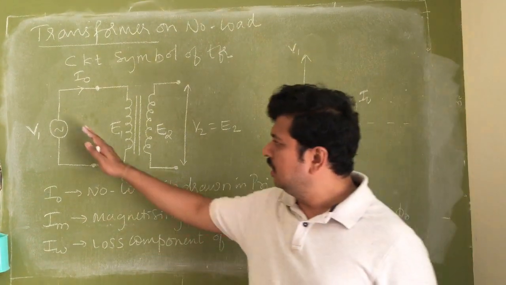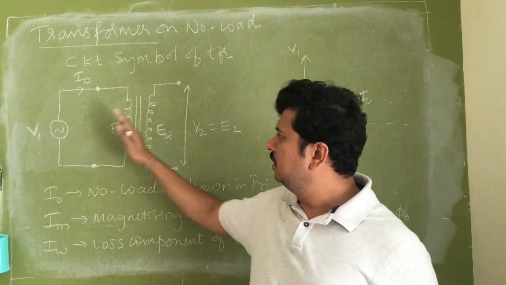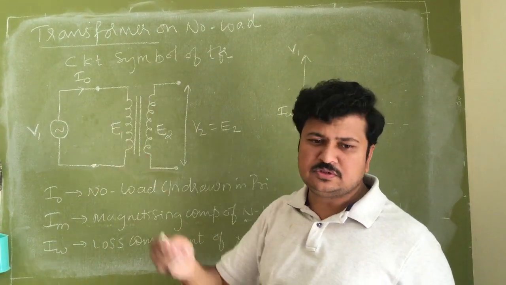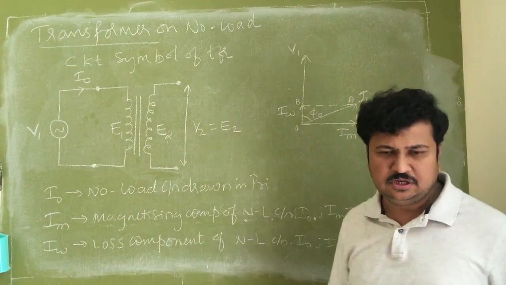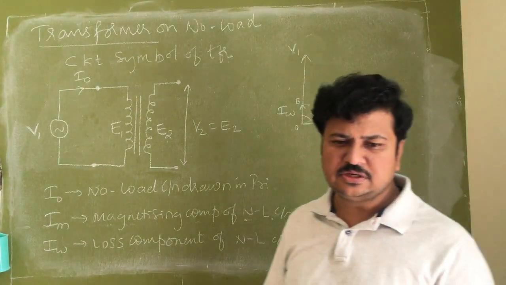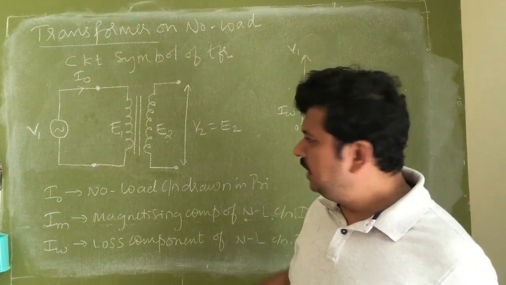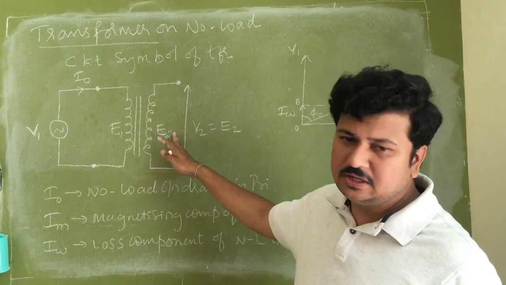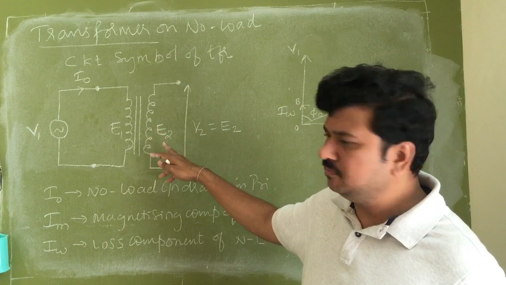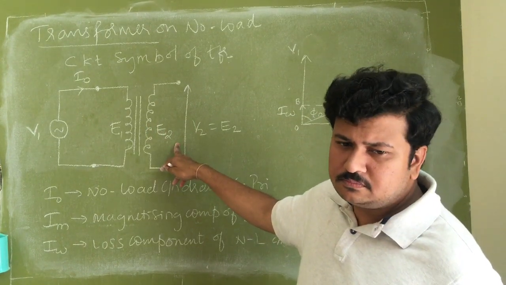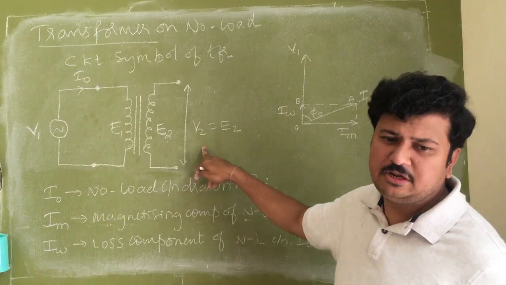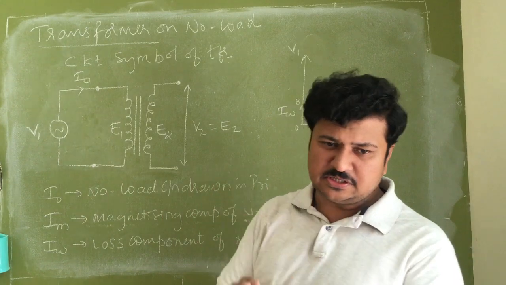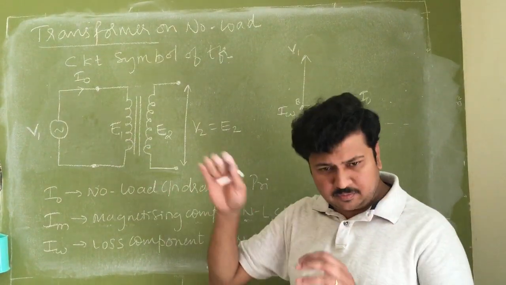Suppose I have 100 watts of power to be transferred from primary to secondary, and when I give 100 watts, the transformer will consume some power, say 20 watts. It won't consume that large. The power that is available at the output, the work done, that is the active power I am talking about. So when I connect the load, if the power available is 80 watts, what does it mean? Out of 100 watts given to the input, 20 watts of power is used by the transformer itself to keep itself operating.